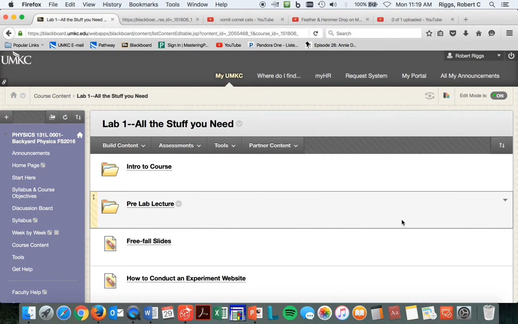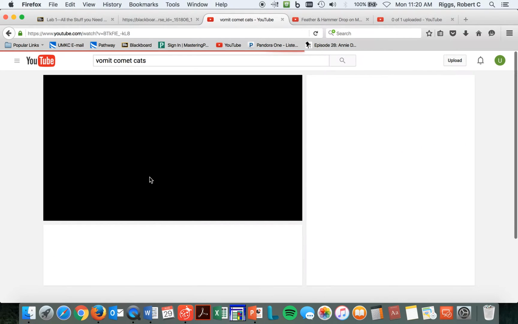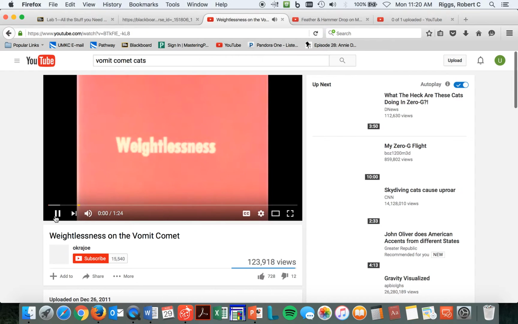Okay, but now let's take a look at when we're not in free fall. And this is the vomit comet. We're going to watch weightlessness on the vomit comet. Basically, this is an airplane that goes up really fast, and then it does a dive so that its free fall equals about 9.8 meters per second squared in acceleration. So everything is falling at the same rate as the plane inside the plane, so that everything becomes apparently weightless. All right, and so you get some interesting